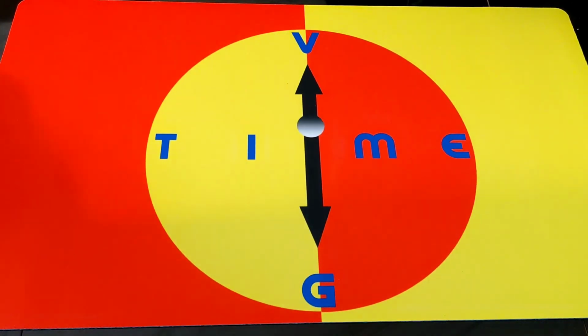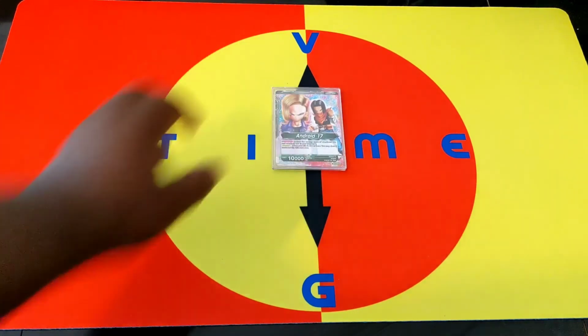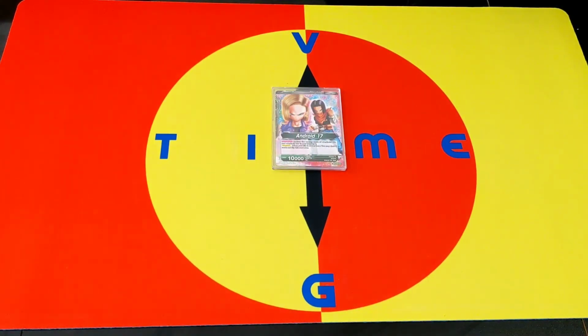Now the leader we're playing today is the Android 17 leader. This leader right here has a lot of potential even to this day. It was released in set 2, but its effect was actually fairly overpowered at that time. And as they printed more cards that support this archetype, they had to be super careful about how powerful they